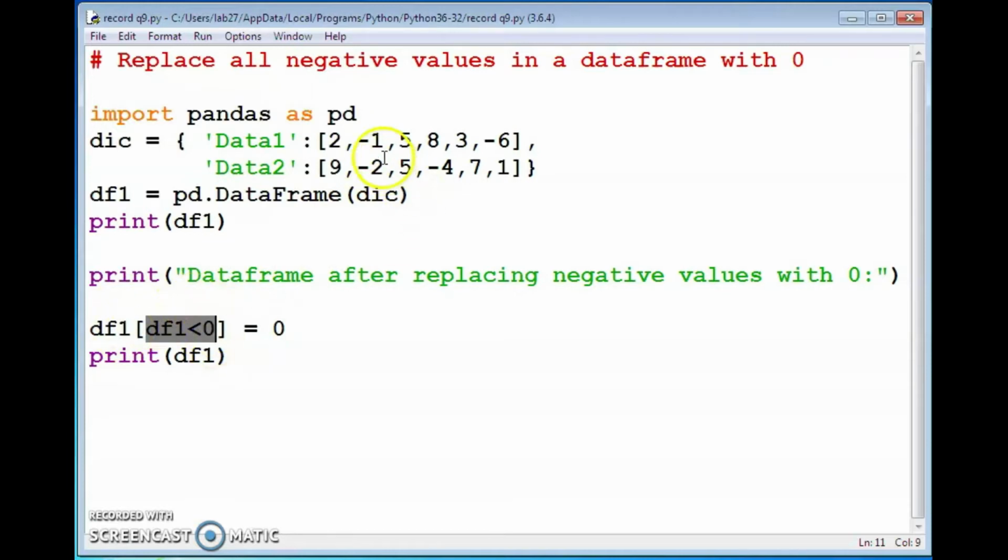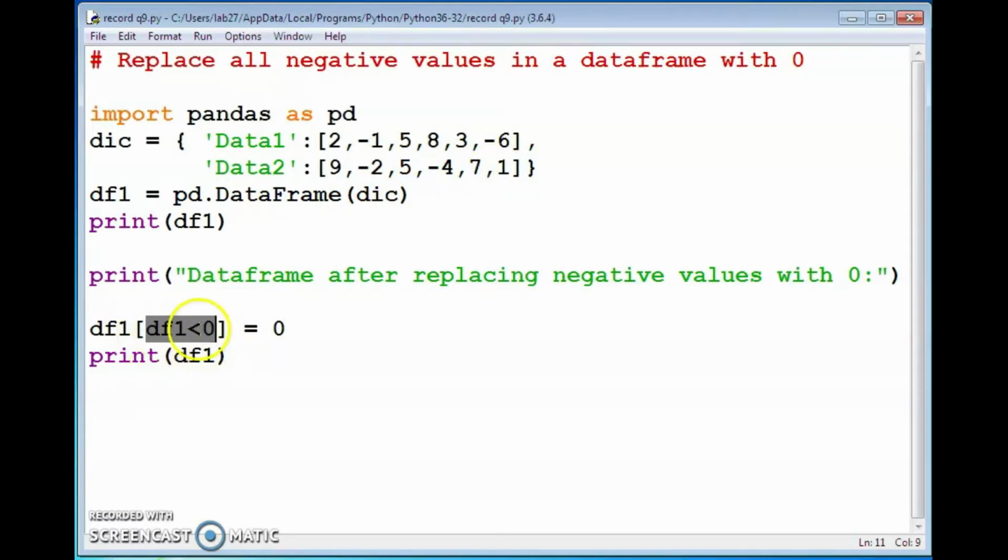Okay, here only 4 values satisfy df1 less than 0, that means values less than 0. Those are all negative values. We identified that values less than 0 are negative values.